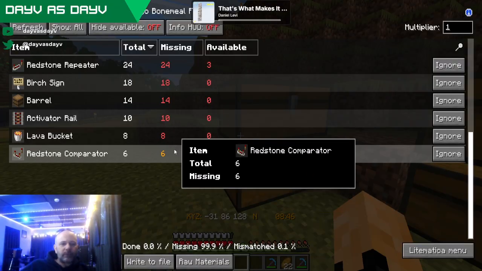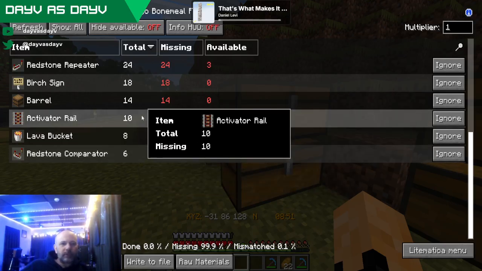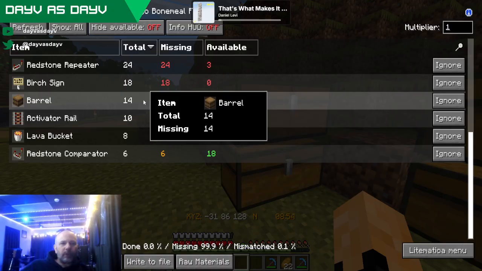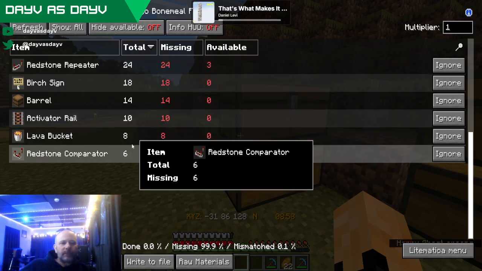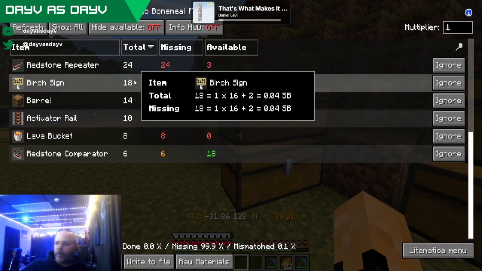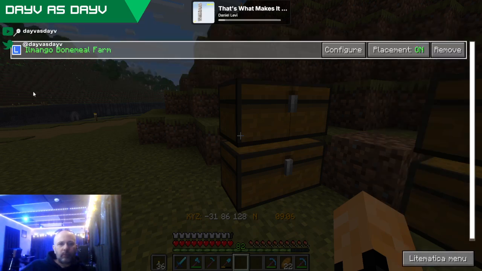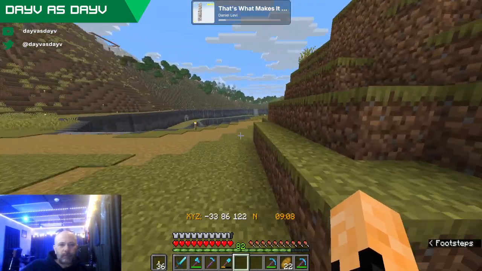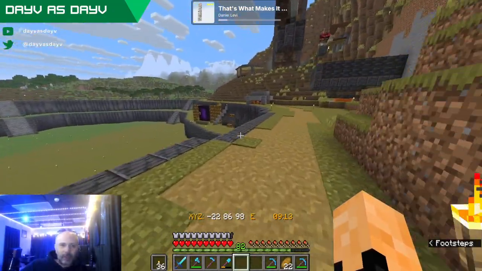8 lava buckets. We should have those available. So 6 comparators, 8 lava buckets, and 24 repeaters. Yeah. I wish you could add a to-do list to your screen with that thing.